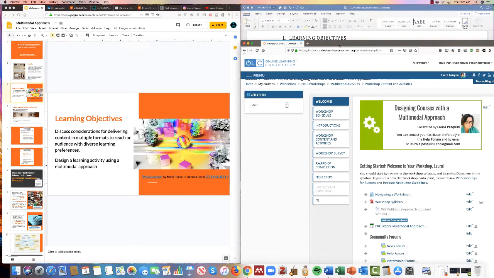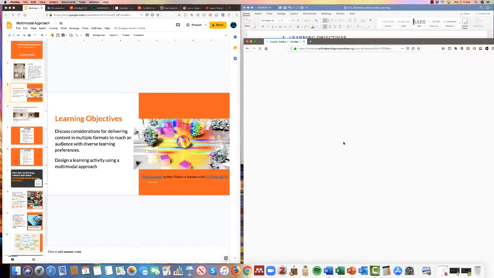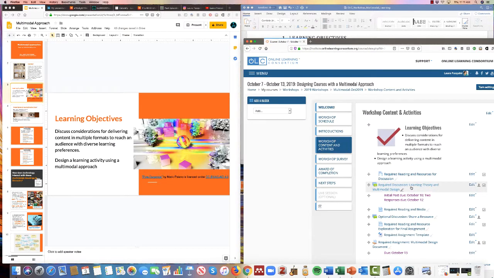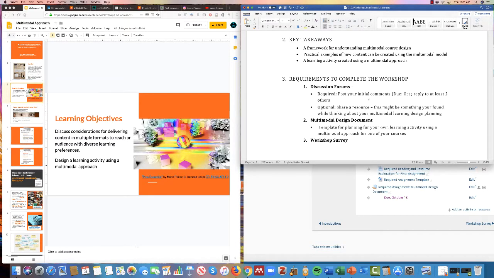So if you read through the course learning activities, you'll be able to see just over here in workshop content activities, the readings for right now before you start the discussion. You'll put a prompt one and respond to two others in the class at the given deadlines. You'll also read the required reading for suggested media for modes of learning, and you'll get to know a little bit more beyond the theoretical practices and maybe the tools and technologies you could try out. You can see all the required assignments are there, and the final project is that multimodal design document. There's a template for you to work on that. Essentially, the discussion forum's there to expose you to frameworks of understanding for course design, practice examples, how content can be created, and share with one another.